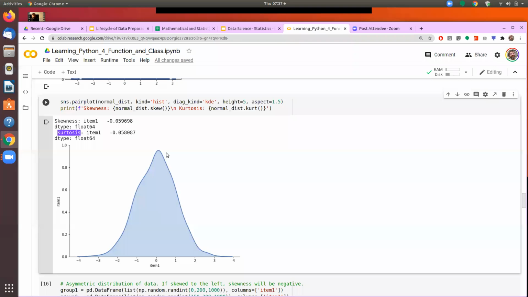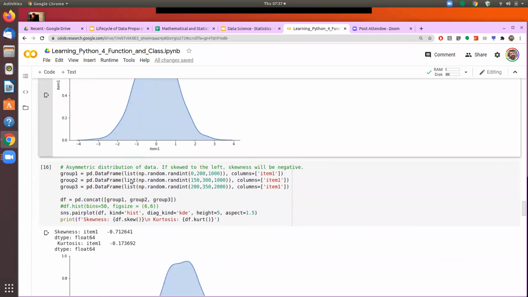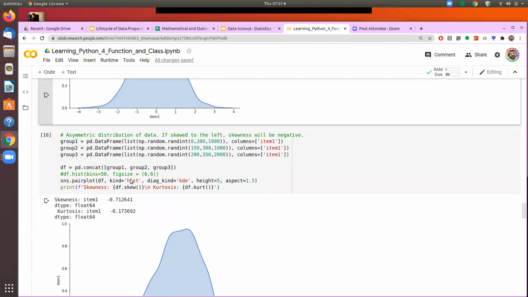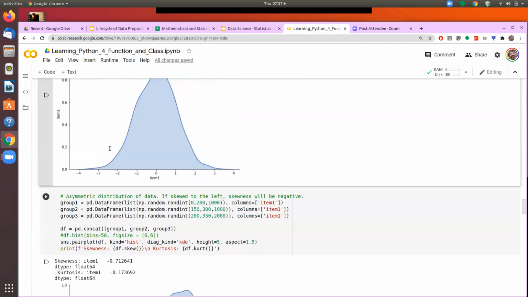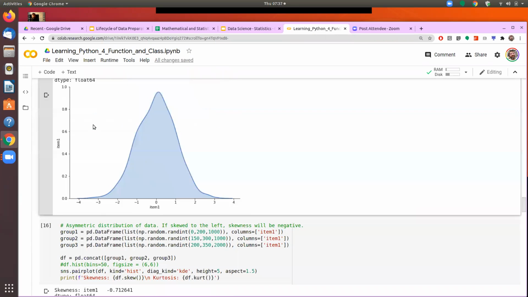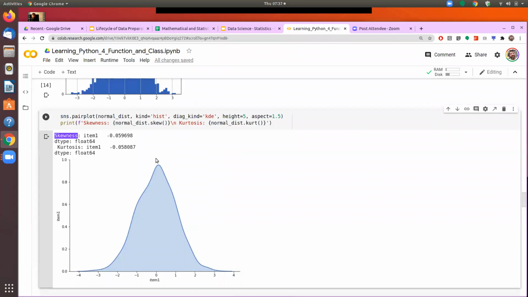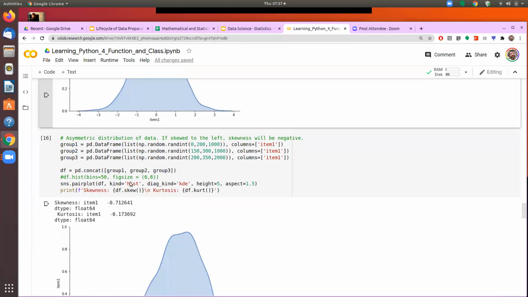So how do we measure the symmetry? One is whether there are an equal number of data points on both sides or not, and that we measure by skewness. So let's see one data set. We will run this one. I have just taken an example by giving certain random numbers, and that's how this graph was drawn. Now we go back to our housing data set, which we are trying to understand.